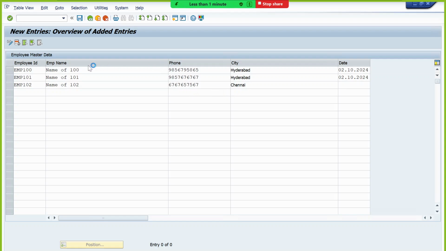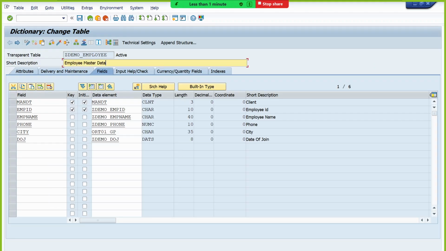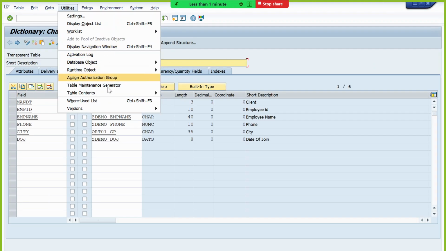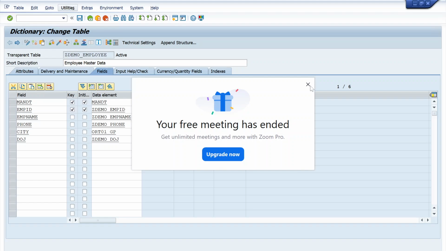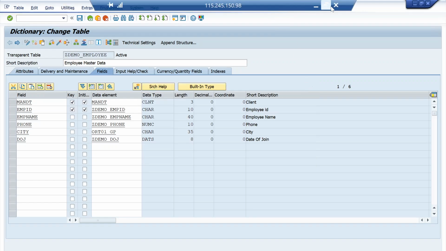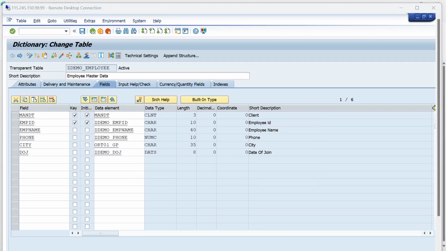So we can also adjust these field labels, right? How can you adjust these field labels? How can you change the field headings? In the table maintenance generator, we have the modification overview option, right? So if you go to that modification overview option, you can